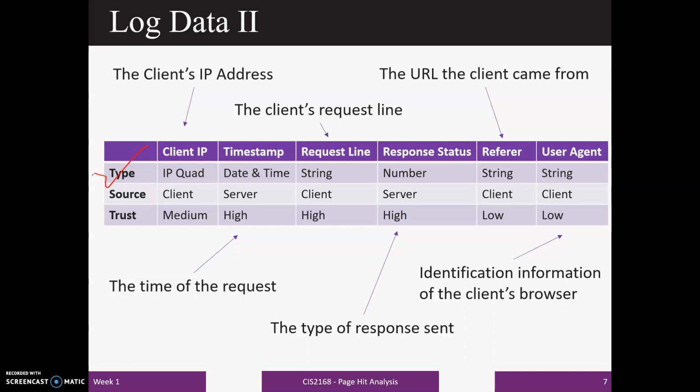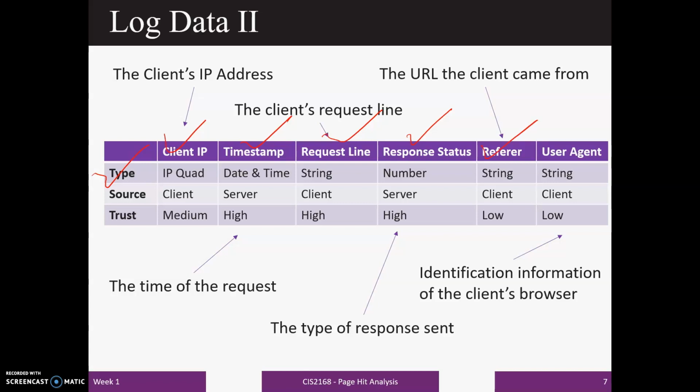So what will happen in this table? In this table, the following information will get stored, such as client IP address. Client IP address means the HTTP request header, and it will be stored in the form of an IP address. Then timestamp, date and time of the request, then request line, which is the third column. Then response status, whether the request is closed or open.